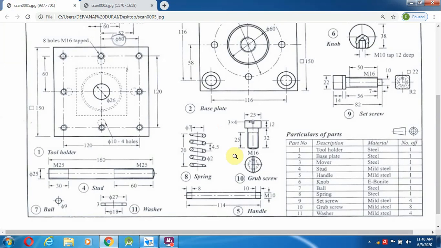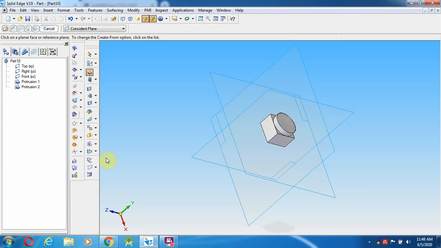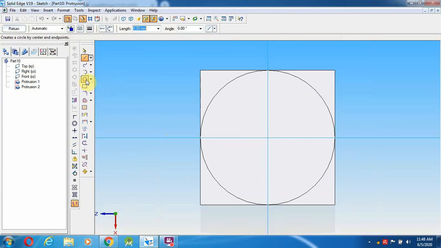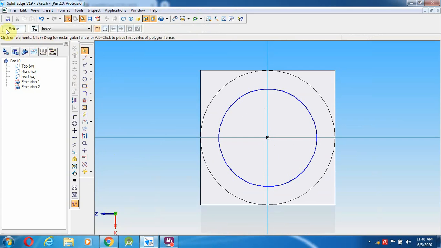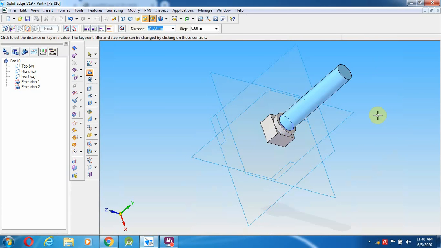So after giving the 5 mm, what is the next step? M16 having the length of 56 mm. So go over here, select a protrusion, from here select a line, circle 16 mm diameter, going to give return. So 56 mm length.